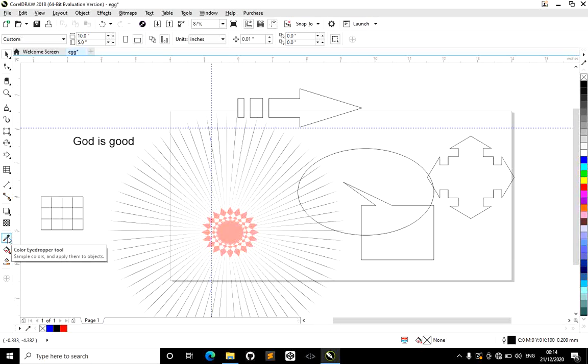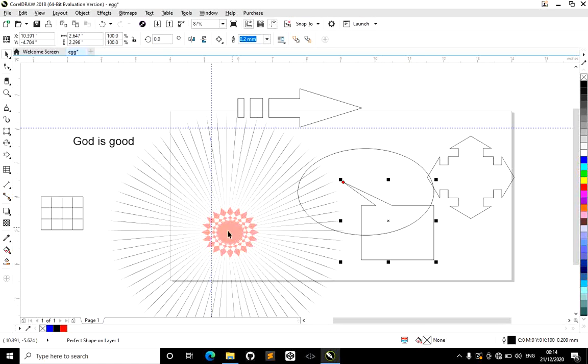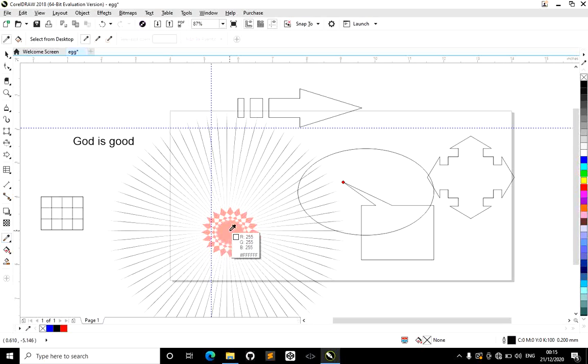Then we have the color eyedropper tool. The color eyedropper tool also helps us to pick sample colors and apply them to objects. So let's say I have this color here and I want the same color for this object. I don't have to come and click and be doing transparency again, no, or be creating another red for it. The only thing I have to do is come to the color eyedropper tool. I'll pick it, come here, come and put on it,